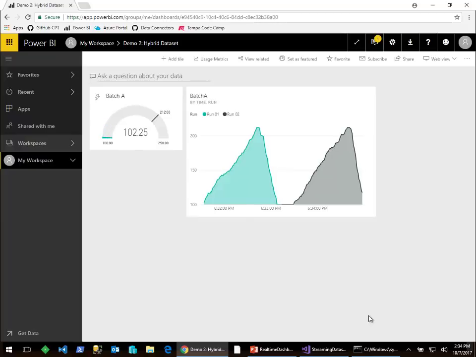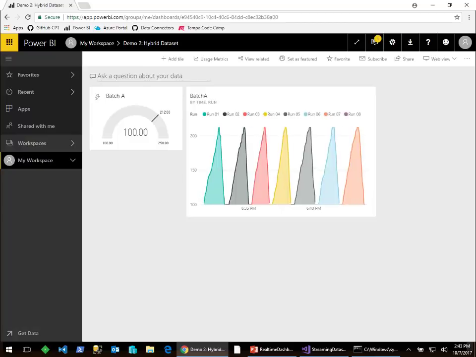So depending on whether you want aggregations or not generally tells you whether you want to use the streaming data tiles that do not support aggregation, or the standard set of visuals that we have in report design that do support aggregation. Now if we skip ahead a little bit in time, we can see another advantage of the hybrid